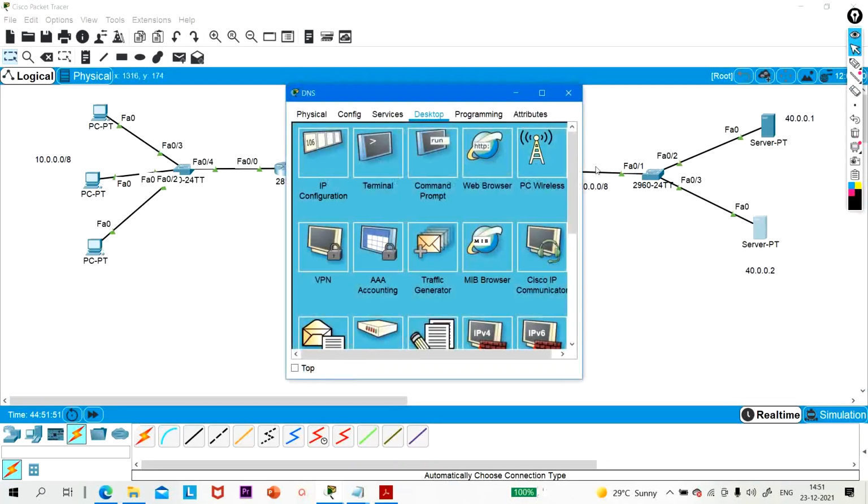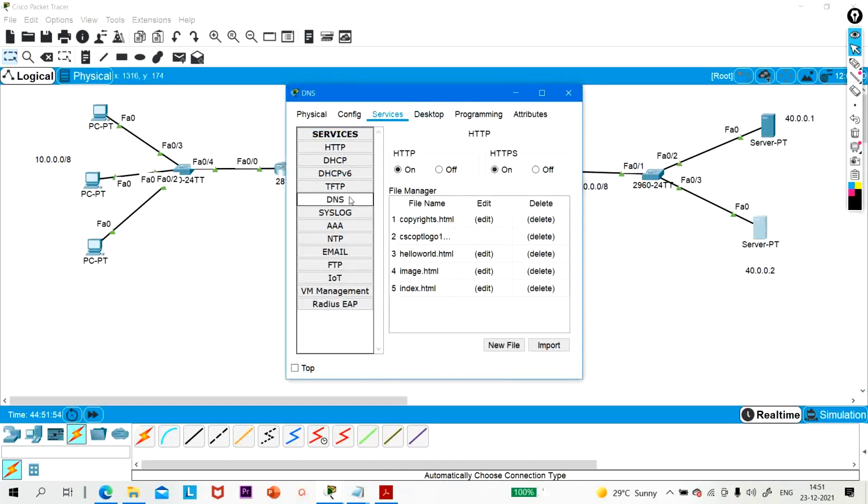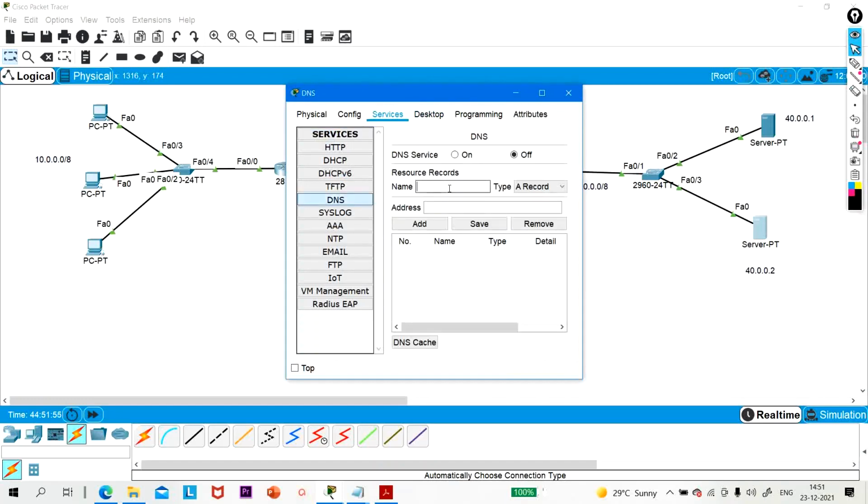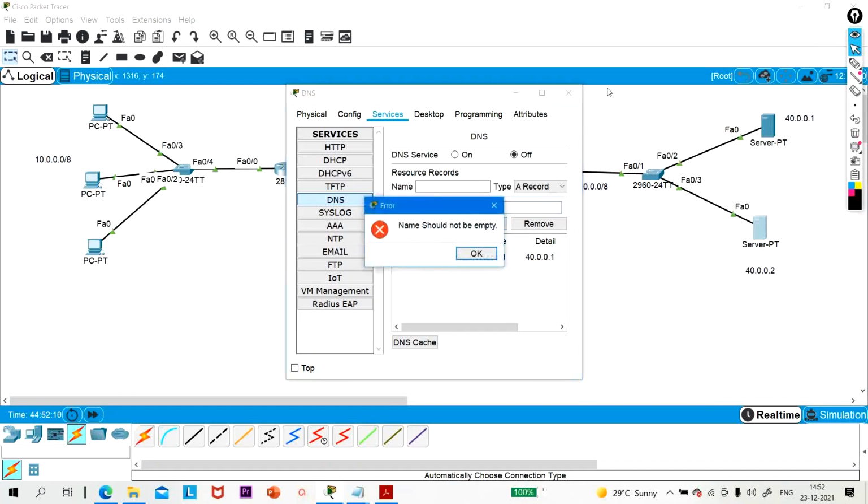Go to DNS server, then Services, then DNS service, and name. What is the name of your website? www.google.com. What is the IP address of google.com? 40.0.0.1, right? Add, save, fine.